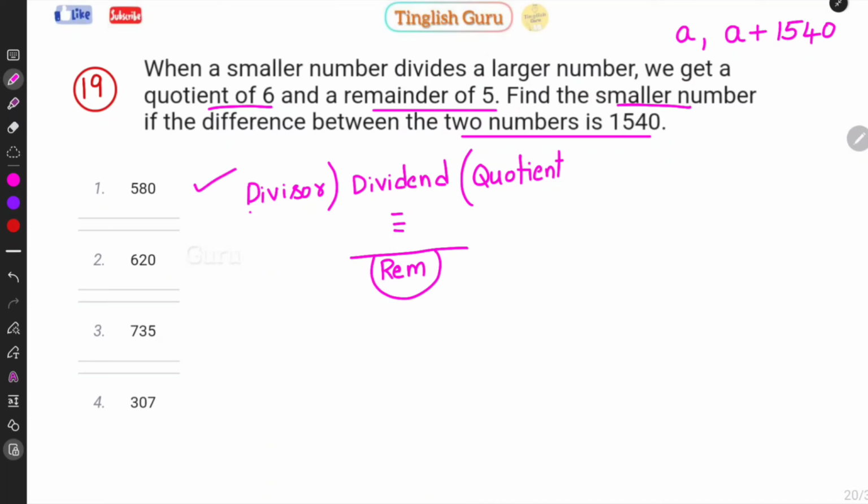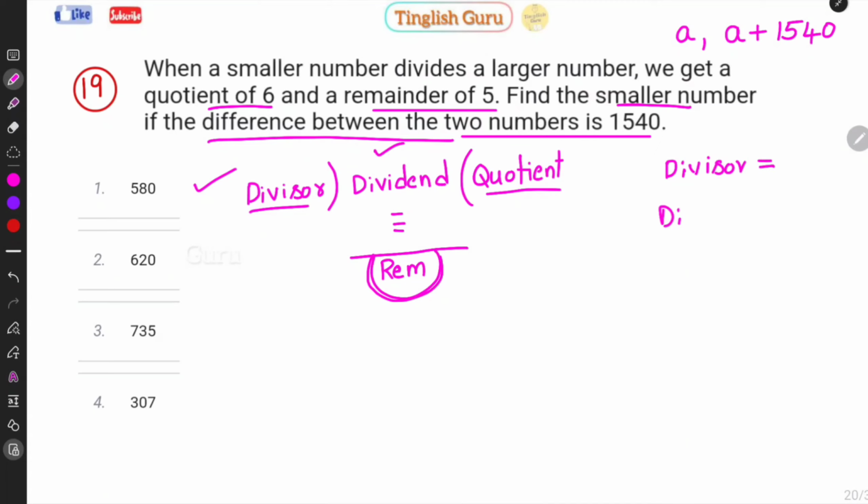Divisor should be here and quotient should be here, and the dividend is written in the middle, and whatever we get at the end is the remainder. So first of all, let us substitute these values. In order to do that, here in the question it is given that the difference between two numbers, the two numbers are nothing but divisor and